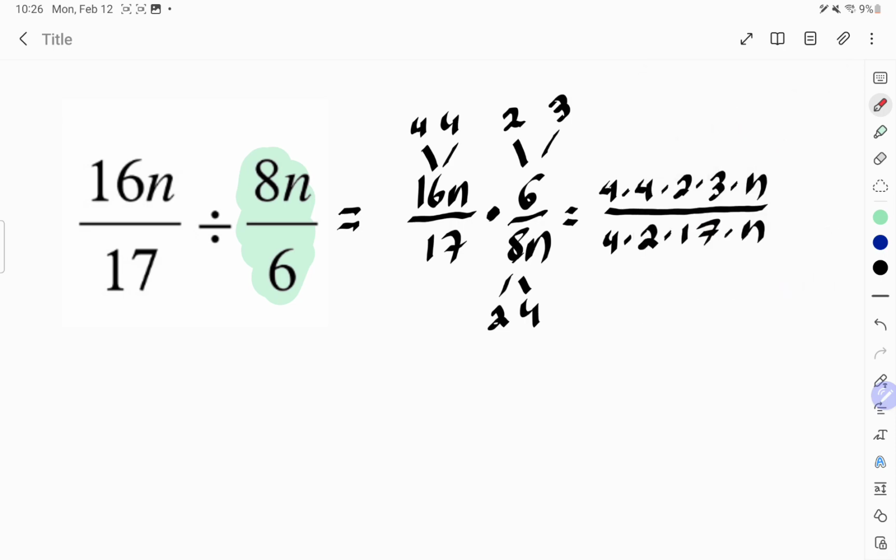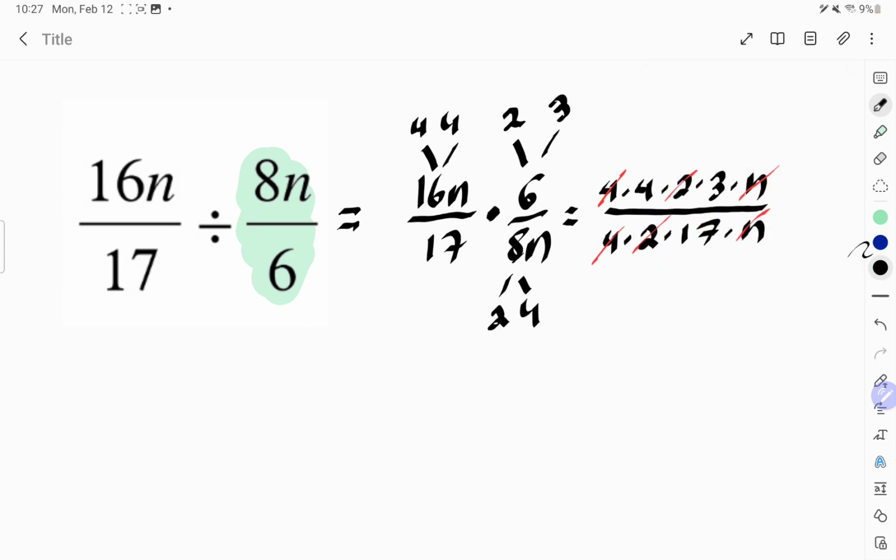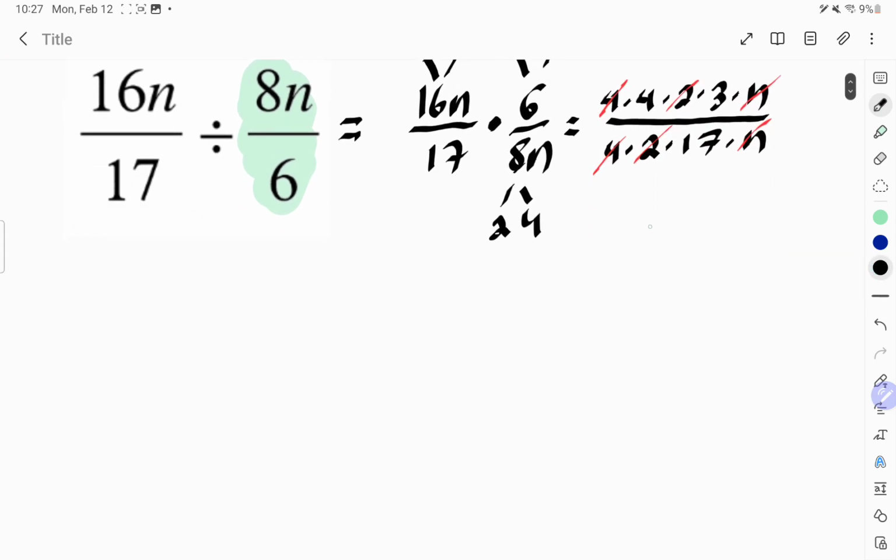The next step is going to be cancel like terms. If I have the same stuff on the top and the bottom, I can cancel them out. So I'm going to cancel this 4 with that 4. I'm going to cancel this 2 with that 2. And finally, the n with the n. Anything that's left over is going to be your answer. So in this case, it's going to be